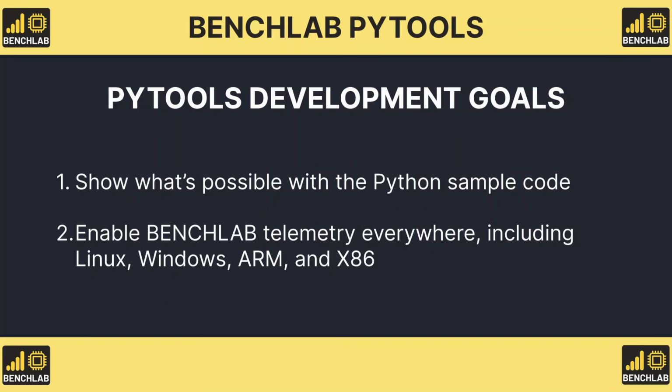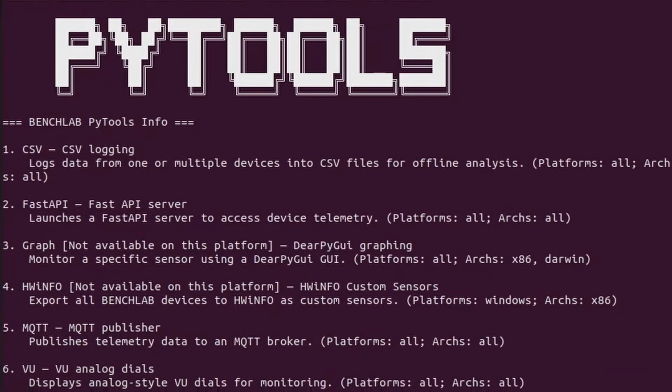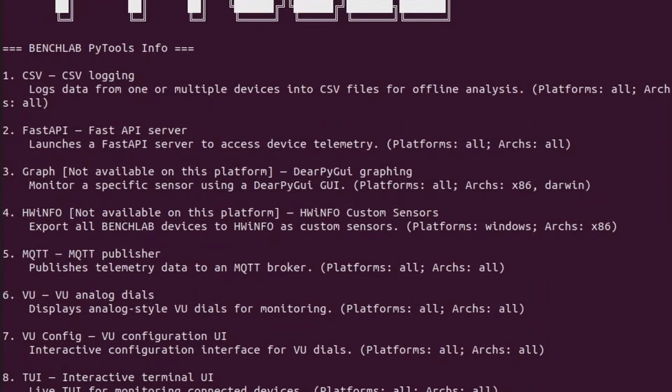We built PyTools with two clear goals in mind. First, we want to show what's possible using the BenchLab Python API so developers can quickly build their own tools. And two, we want to make BenchLab telemetry available everywhere, not just on Windows and x86 systems, but also on Linux and ARM platforms. In this video, I'll briefly walk you through each tool included in PyTools and explain what